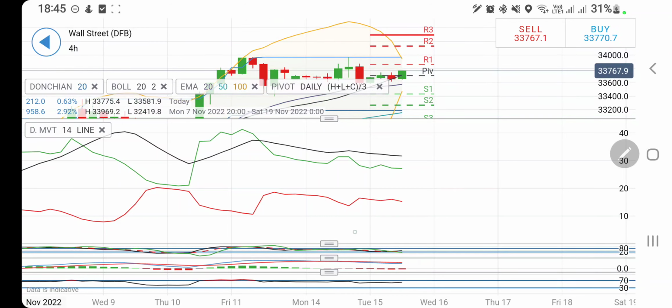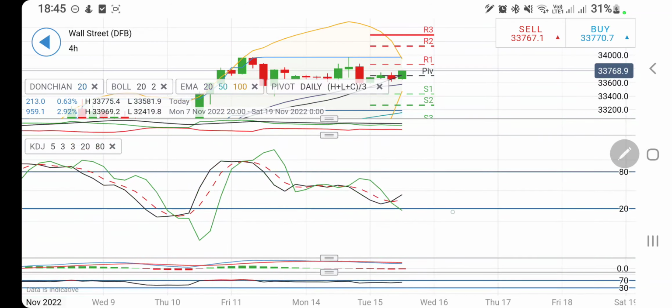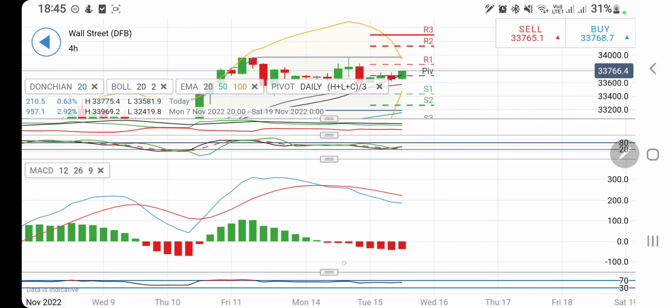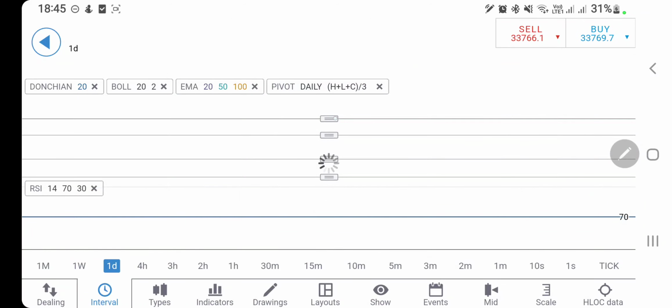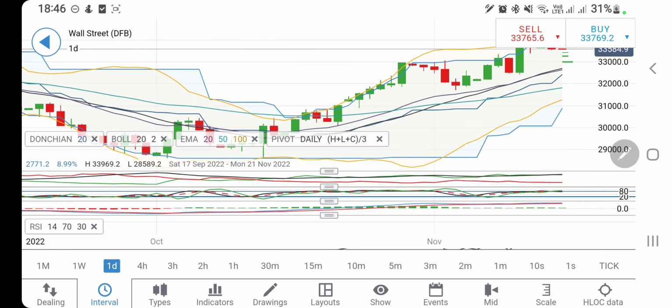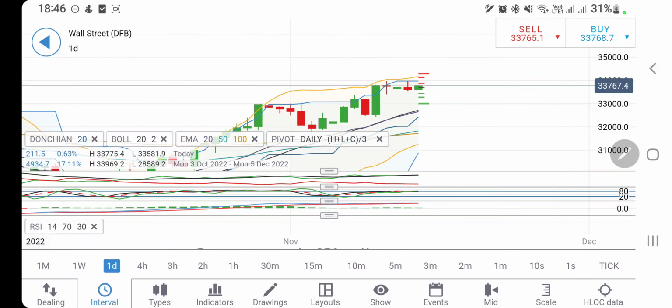Directional movement is moderately bullish. And if you look at the stochastic, this is trading at bottom looking upwards from here. And if you look at the MACD, this is divergent and bearish. RSI is still looking upwards. And if you look at the daily charts, now look at the daily charts here. On the daily charts,